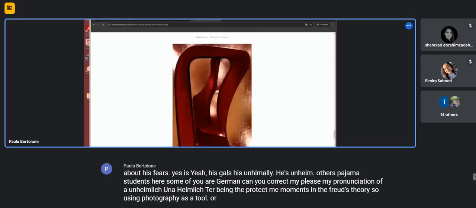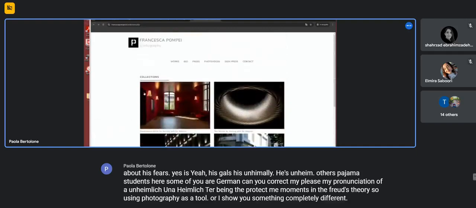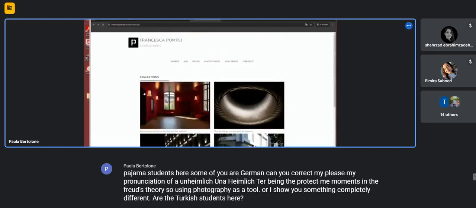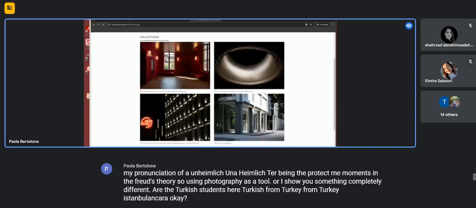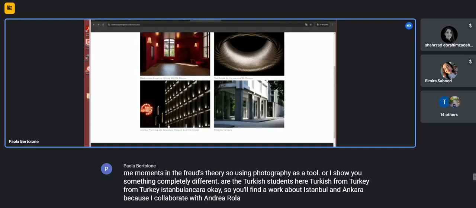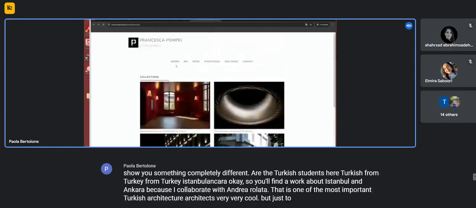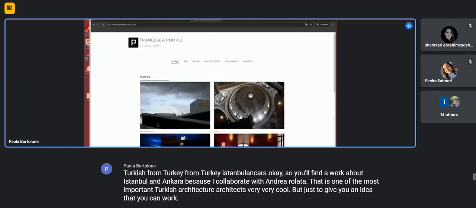Or, I show you something completely different. Are there Turkish students here? From Turkey, Istanbul, Ankara. Okay, so you'll find a work about Istanbul and Ankara because I collaborate with Emre Arolat, that is one of the most important Turkish architects. Very, very cool. But just to give you an idea that you can work in your personal way in a completely different location,